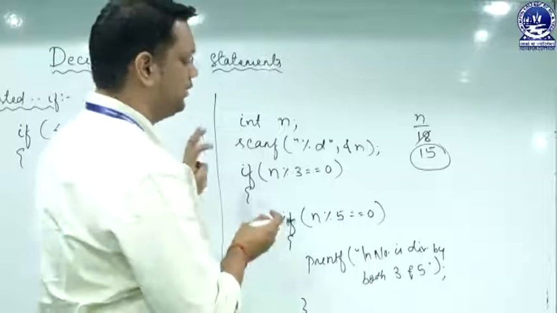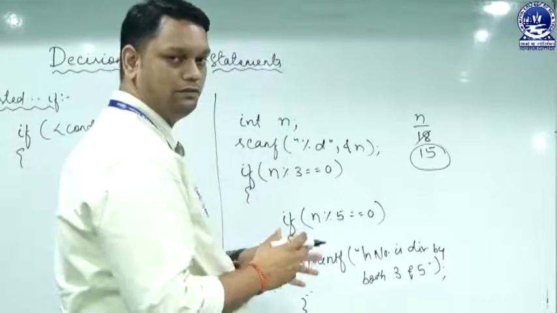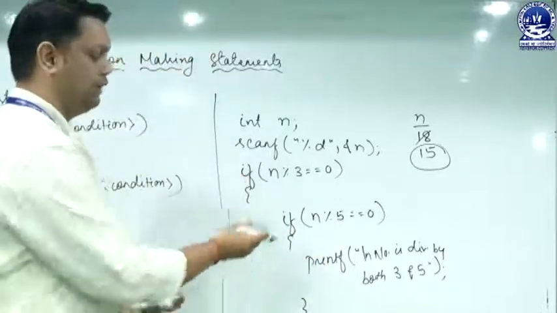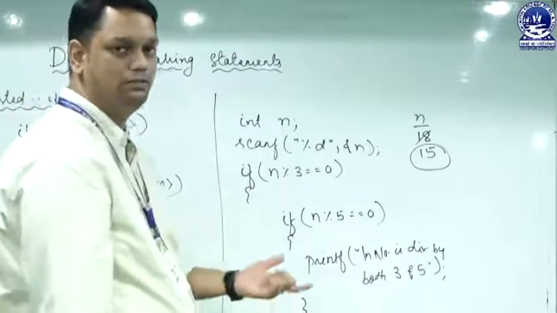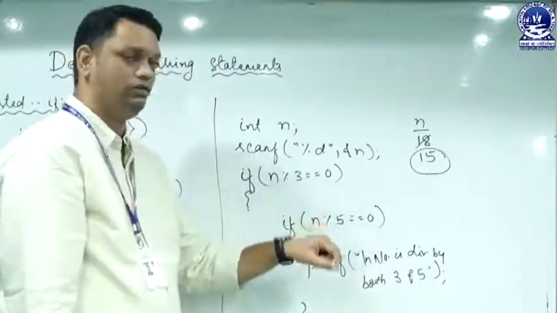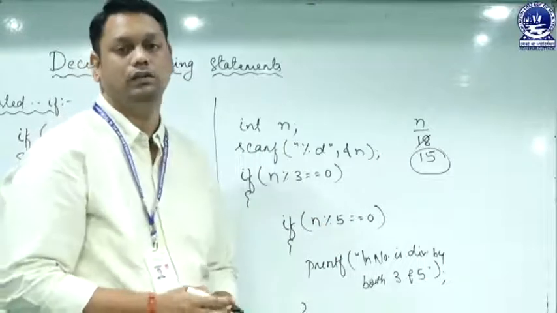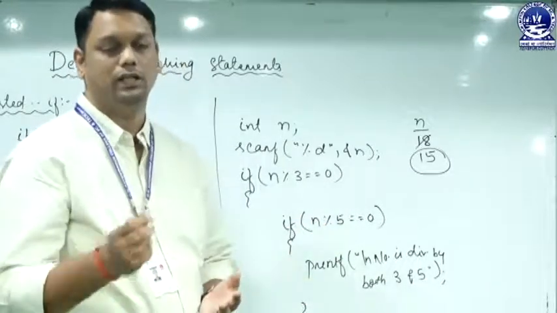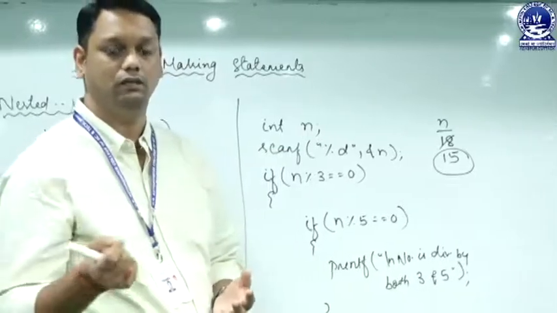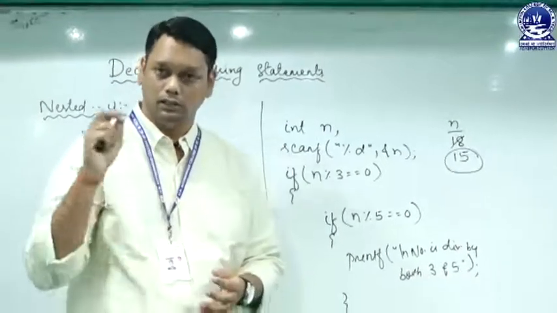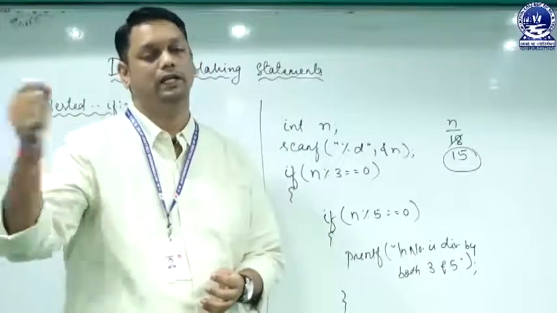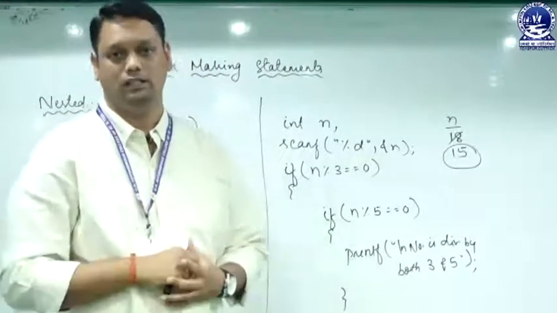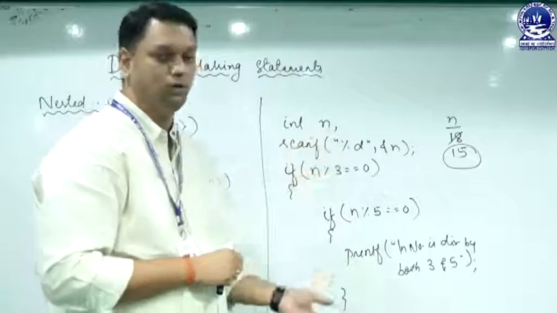So this is just an example of nested if which satisfies the syntax, and we have seen how the nested if is working. In place of nested if, sometimes if ladder is written. So if ladder is similar to nested if, don't get confused that if ladder is something different from nested if. In some books nested if is written and in some other books if ladder is written. So this is the example of nested if.